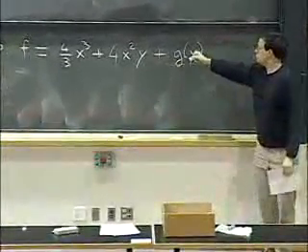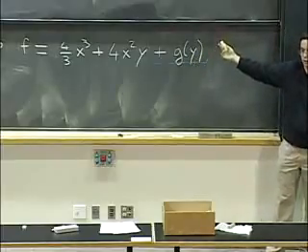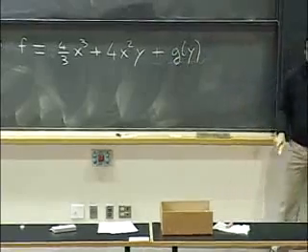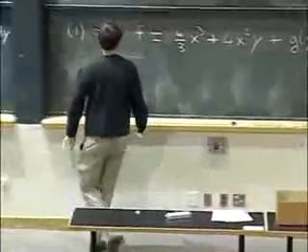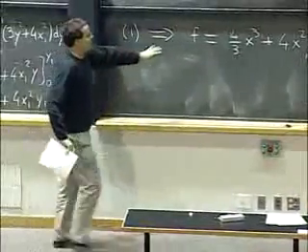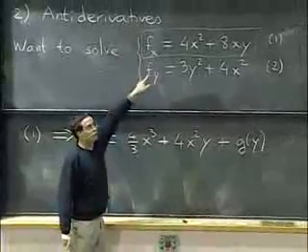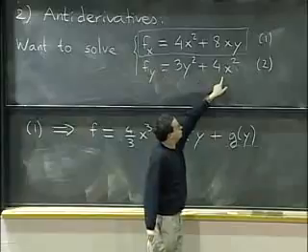So the good news is that this function no longer depends on x, so we've made some progress. We've got part of the answer, and we've simplified the problem. If we have anything that looks like this, it will satisfy the first condition. So now we need to look at the second condition. We want f sub y to be that.